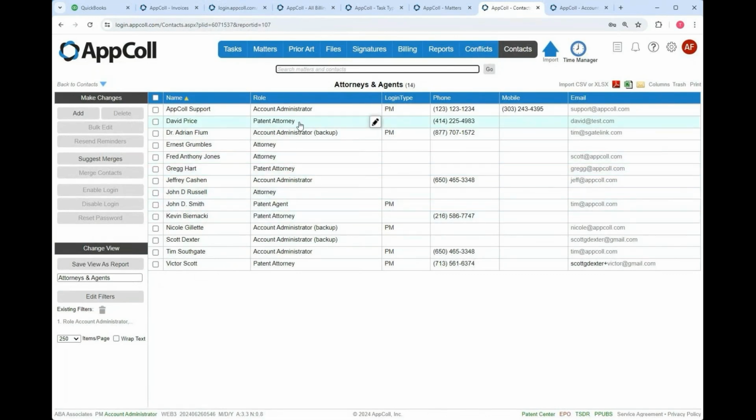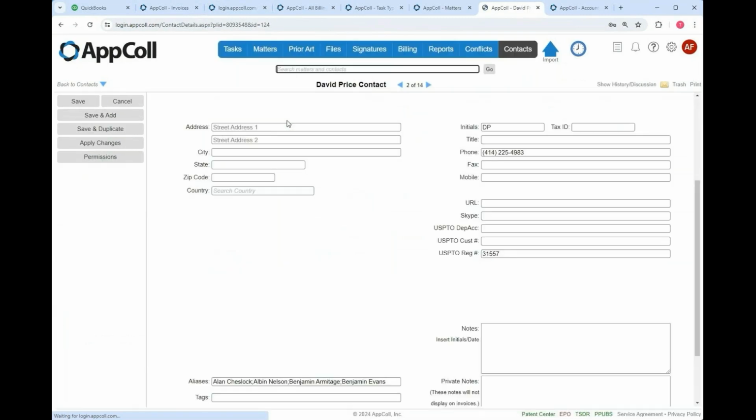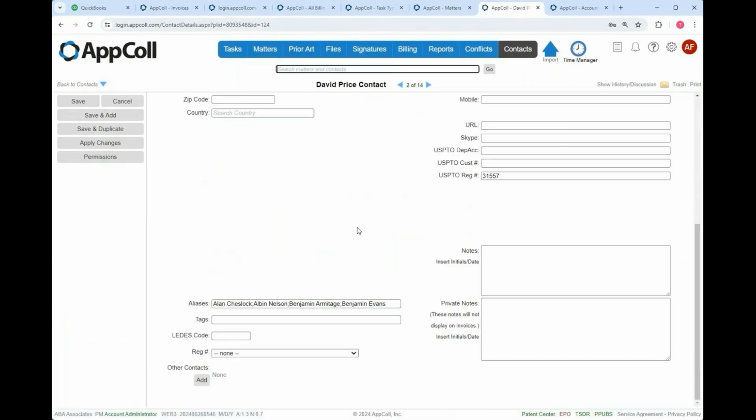If you want to specify your own timekeeper code, you can open up the person's or timekeeper's contact record, scroll down to this thing called leads code, and enter the custom code. I'm just going to put YZ here. And that will,